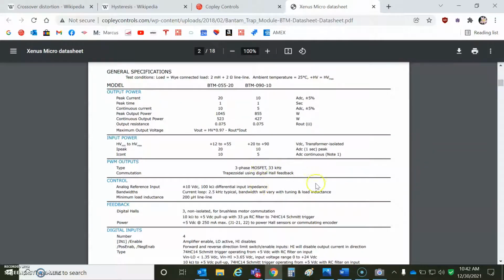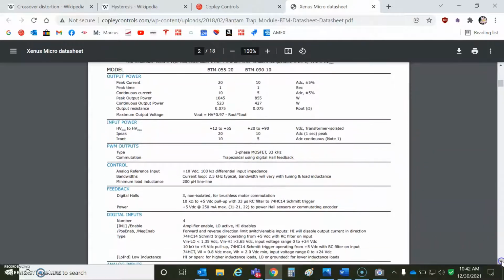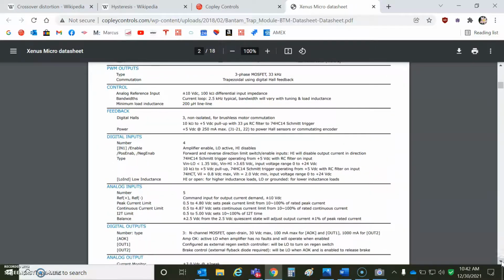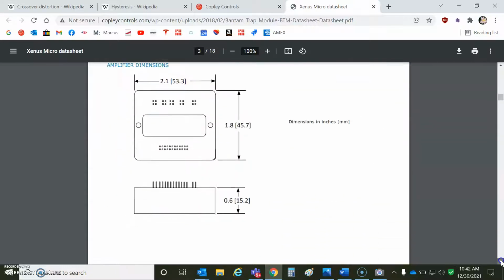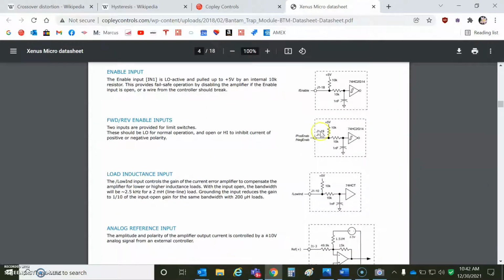33 kilohertz switching frequency, so kind of like the old style analog amplifiers with PWM output stages. And my current monitor is 3 volts at peak current, and we can measure the peak current. Oh, I've got enables, the limit switches. I can have a compensation for high or low inductance. I've got it set for high inductance. It's a low inductance motor, but I added some inductors at the output stage just to bring it up to a normal range. So I have the high gain setting on right now because